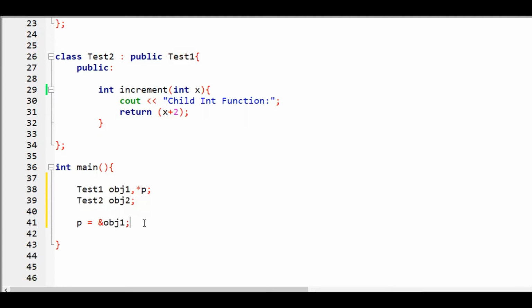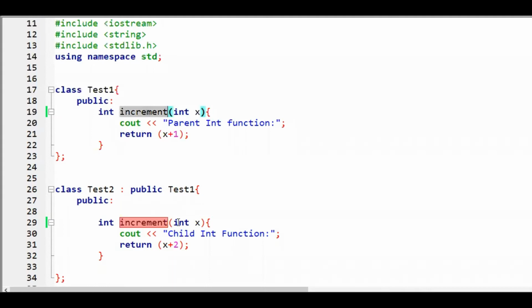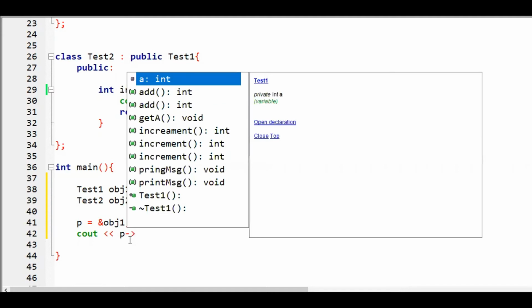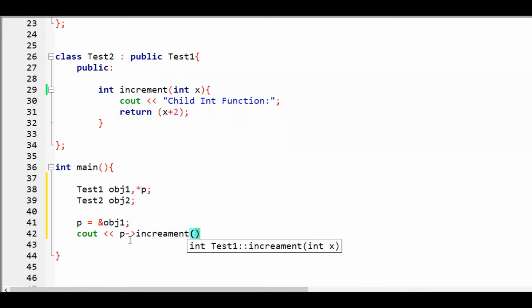So if I want to call this method, what to do? Simply cout p, and you have to use this arrow to access the method. This is just one method. You have to pass, let's say, 2, and endl, and let me execute it.